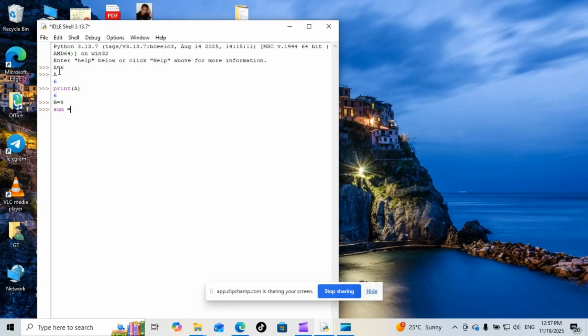sum equals to int of a plus int of b. Yes, b this one and these things. So sum, or print the sum. In this manner, or we can take as